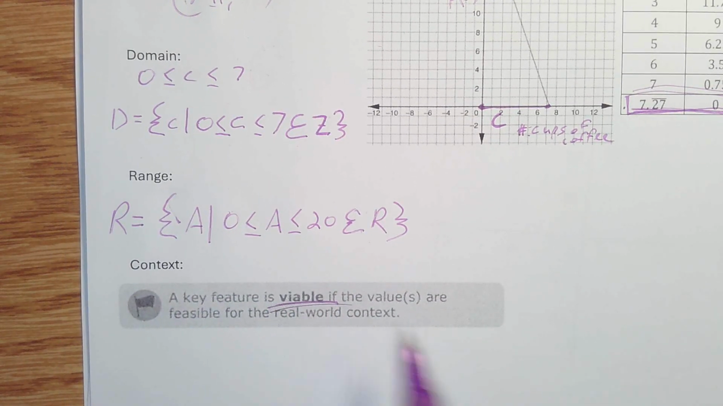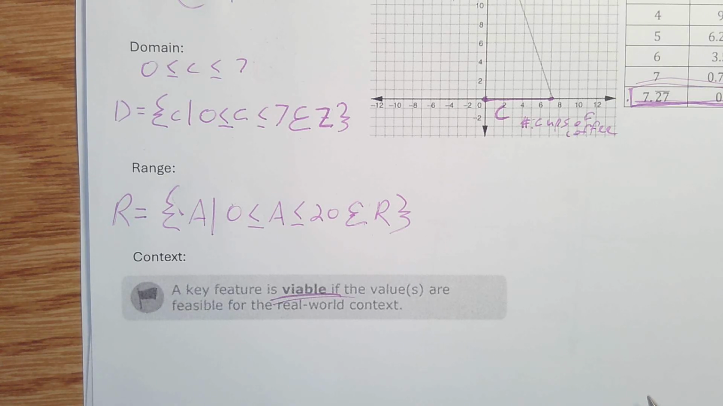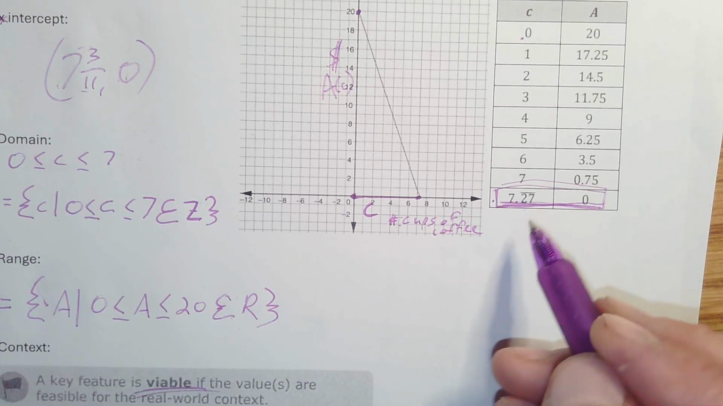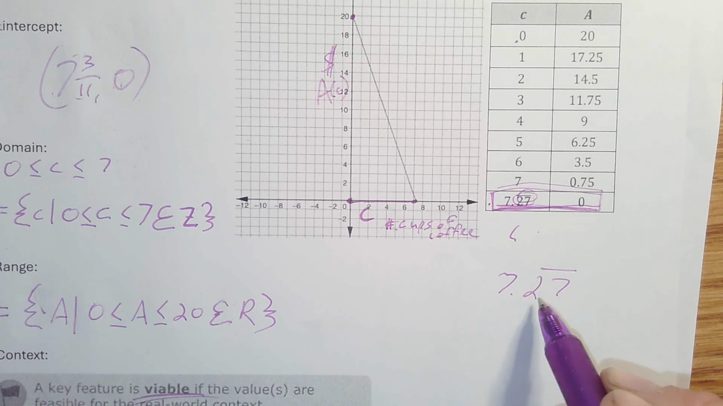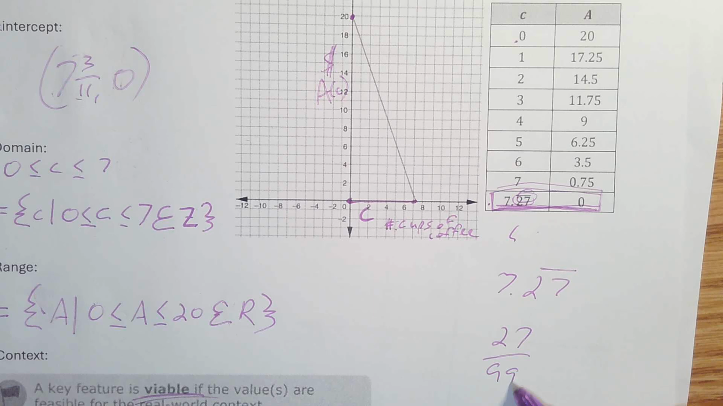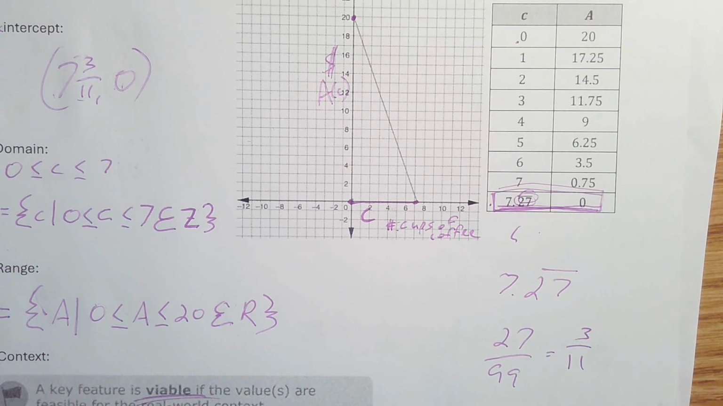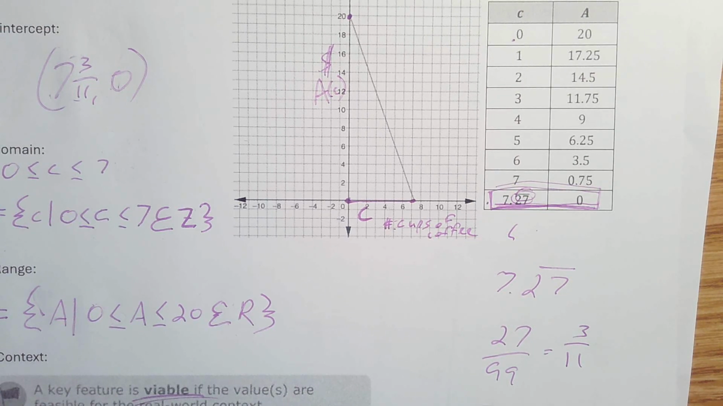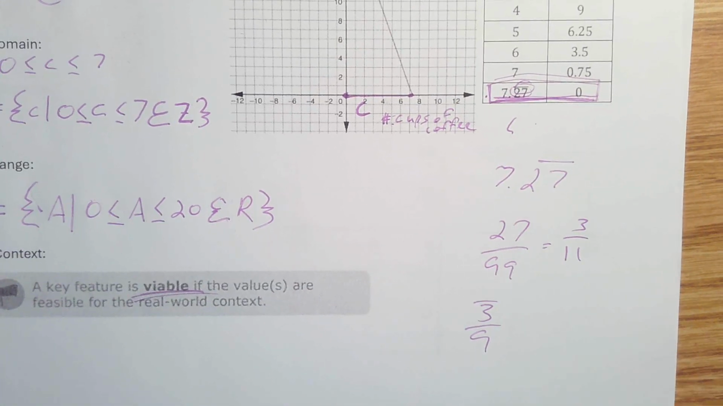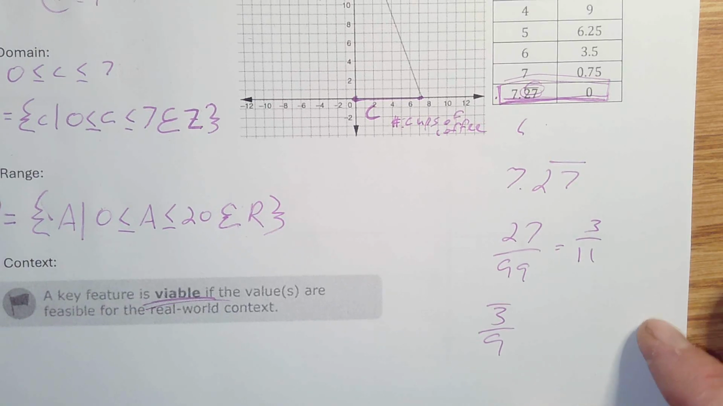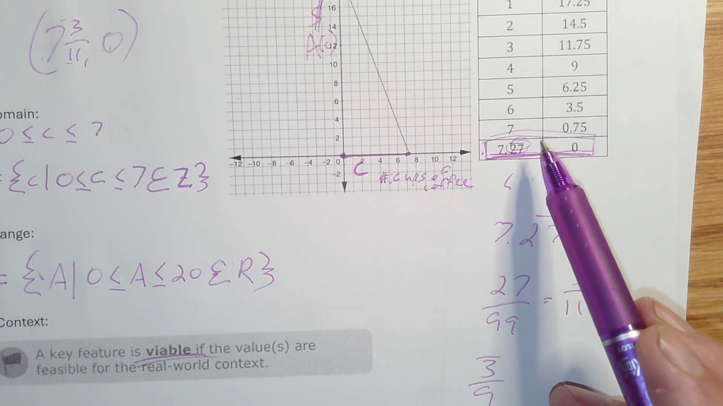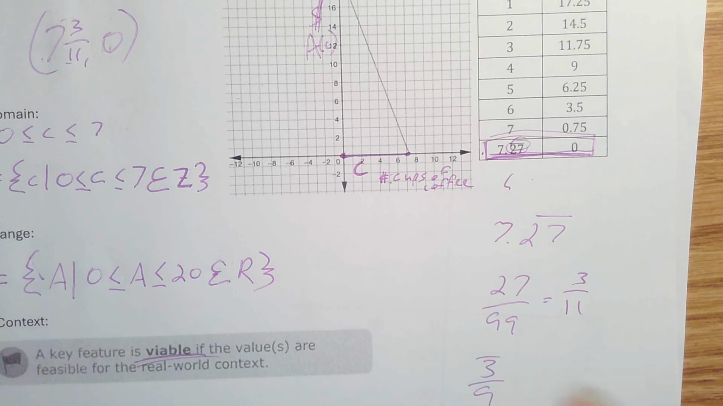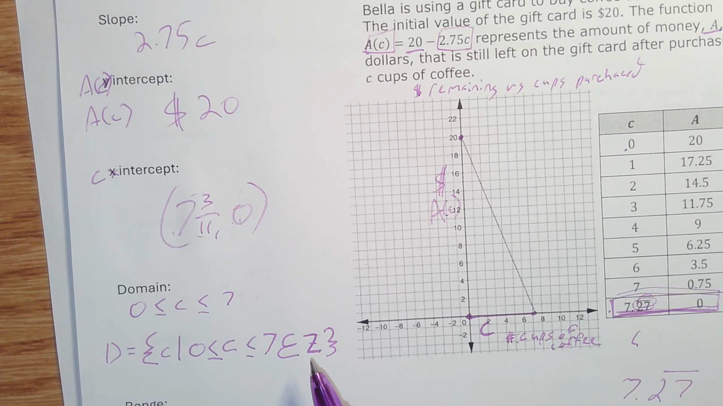And we already talked about viable. A key feature is viable if it's feasible in a real world context. And like I said, I can't buy 0.27 of a cup. If it's 2 digits repeating, you take that 27 and put it over 99, and that ended up reducing to 3/11. If it's 1 number repeating, you put it over 9. If it's 3 digits repeating, you put it over 999, if you forgot how to do all that. It's a rational number, but it's not rational to say I can buy 3/11ths of a cup of coffee. That doesn't make any sense. So that's why I threw that Z in there, because my Z values are any